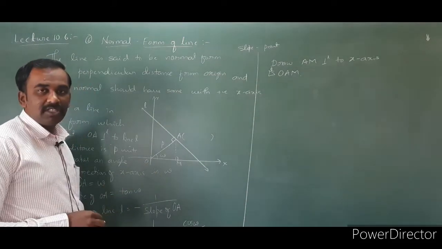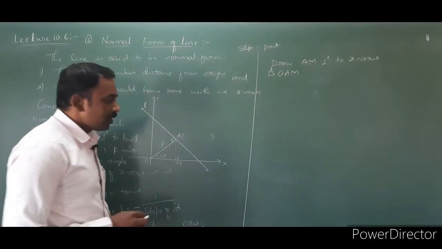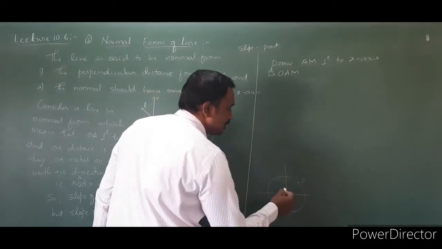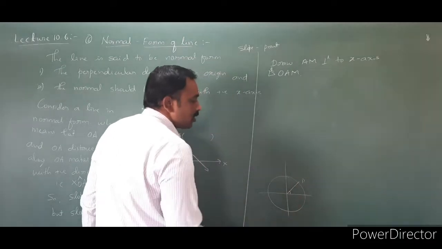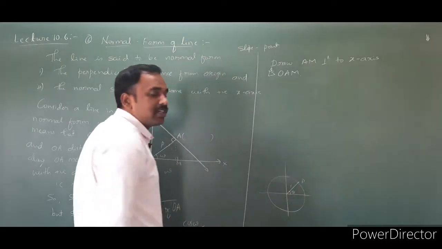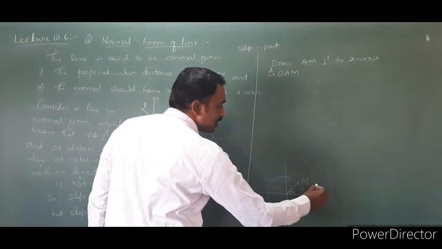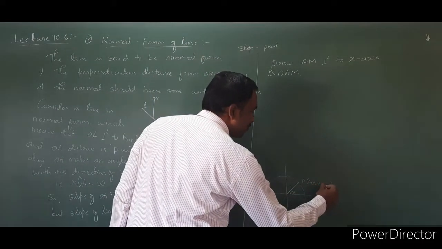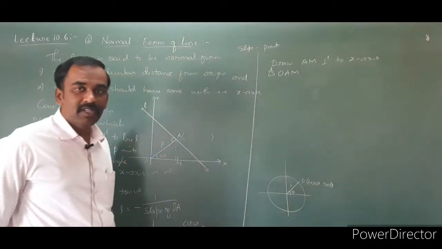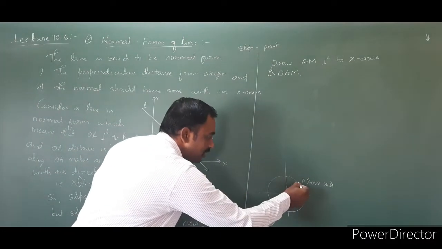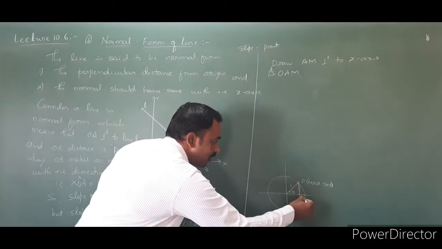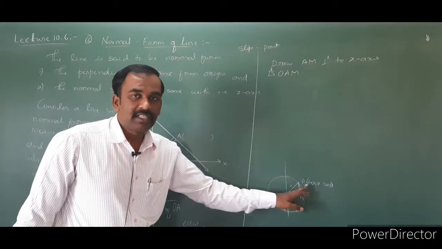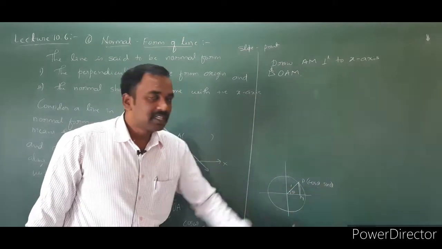To find the OM distance, I just go back to trigonometry. Suppose a unit circle is there, and a point is present here which makes an angle theta, and it is a unit circle, radius 1 unit. We can easily write the coordinates of the point P. What are the coordinates of the point P? Cos theta comma sin theta. Do you remember? In the same manner, drawing PM perpendicular to the x-axis gives a right angle triangle. Here the unit circle is there, so the coordinates are cos theta comma sin theta.